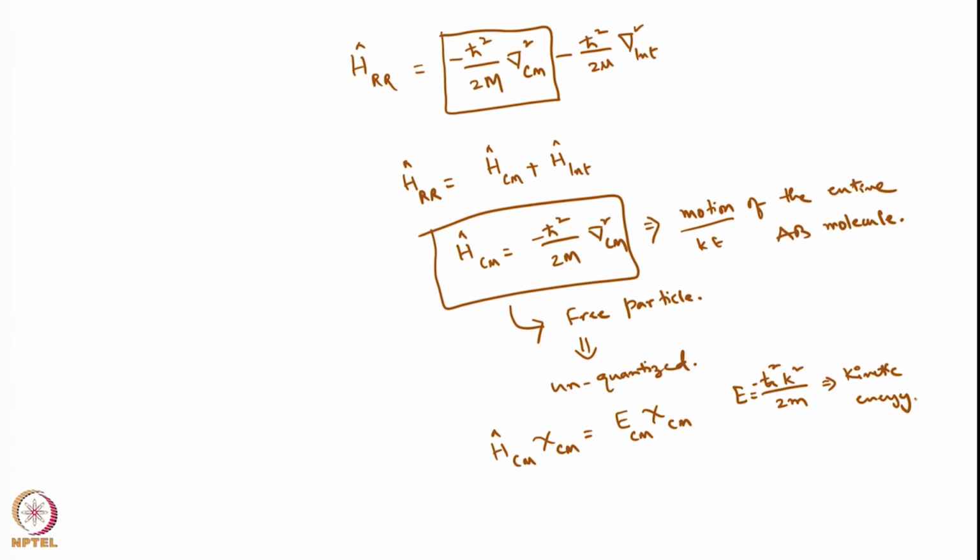Okay. So we do not have to worry about the Hamiltonian corresponding to center of mass, because that just represents the motion of the entire AB. And if you want to move a particle or a mass or an AB molecule, of course it is not related to any spectroscopic transition. So we will not worry about it anymore in this course. Now what we are left with is the remaining part,